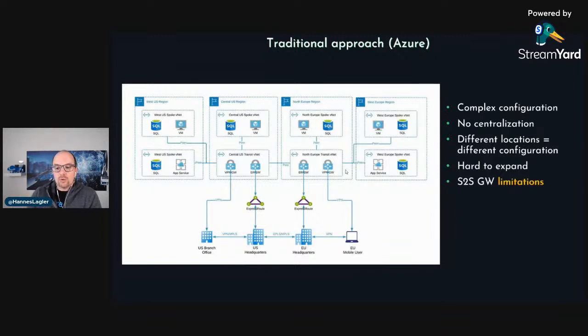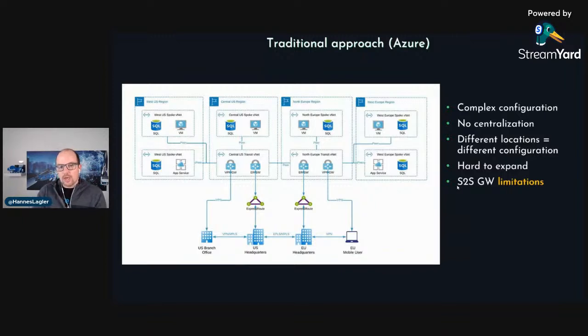And at the end, we also have a limitation from the site-to-site VPN gateway. Think about connectivity: the limit for the biggest site-to-site VPN gateway is 100 concurrent connections. Normally we are using the smaller one, so we can connect up to 30 concurrent connections to a single VPN gateway. And this is a limitation which in some situations is really bad. The only thing you can do is provision a second VPN gateway in a different network. And yeah, that's really bad.